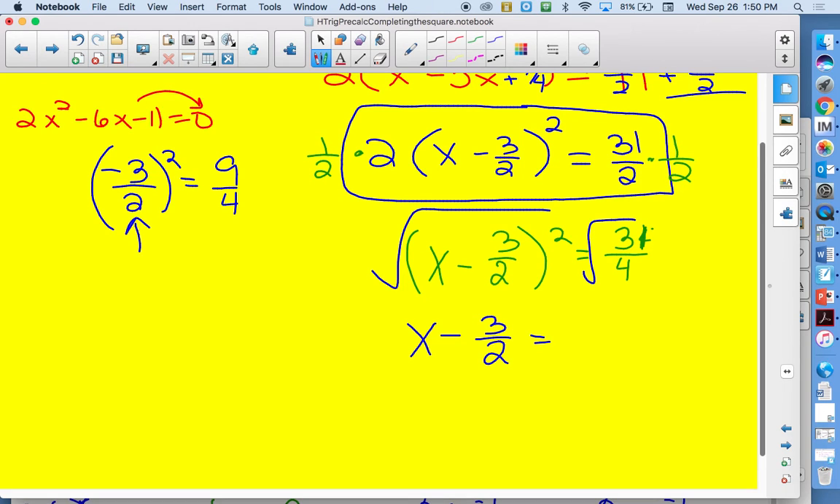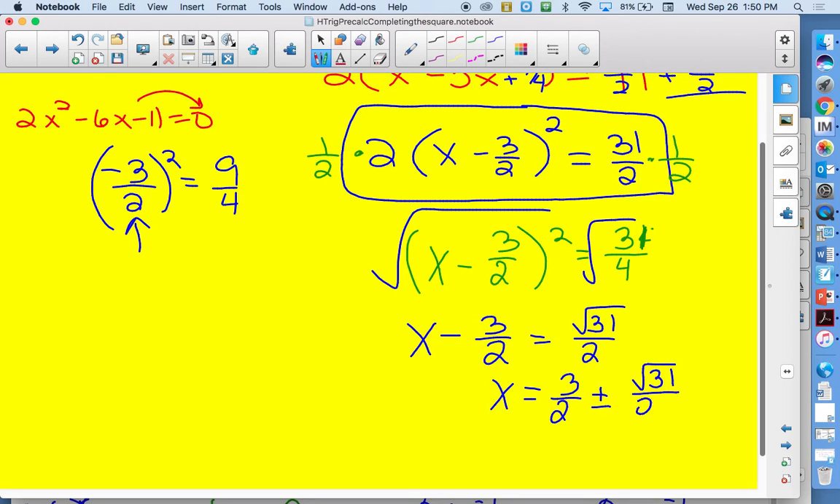And I promise, Alice, that these don't get overly messy and they're easy to simplify. If you have the square root of 31/4, to square something, we square the top and we square the bottom. To square root a fraction, you look at the square root of the top and the square root of the bottom. The square root of 4 is 2. So the final answer, by adding the 3/2 to the other side, don't forget the plus or minus,